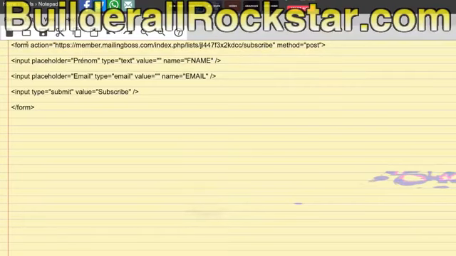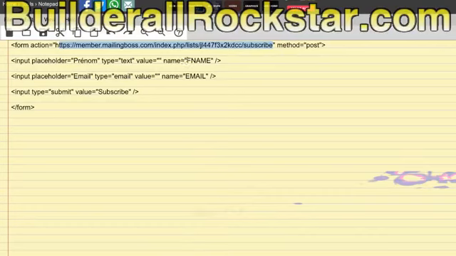First you open a form tag and you close it, and inside this form you have inputs, and each input are fields. One input is a field for the first name, then you have a field for email address, and the last one is not a field, it is a submit button to send the information to this link, and this link will add the information to your email list.